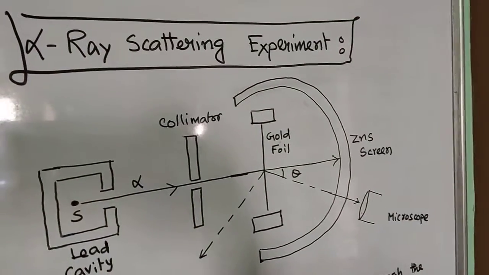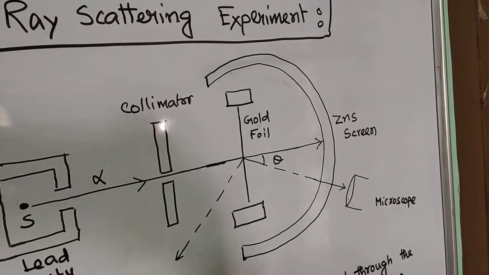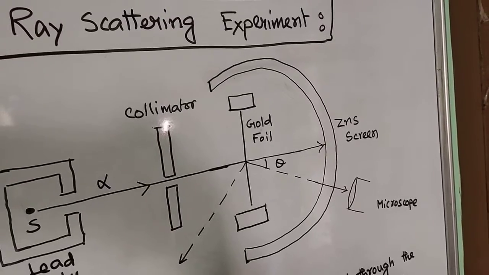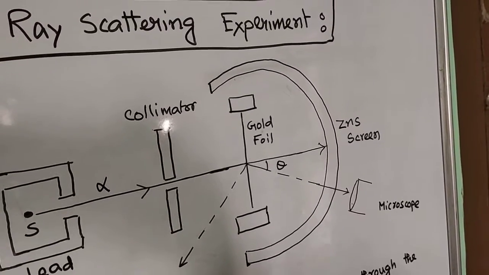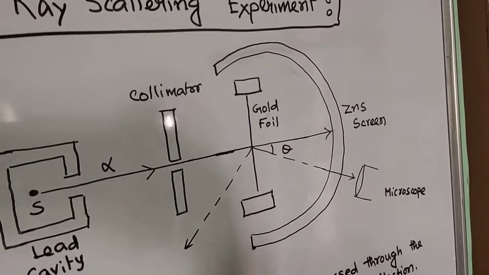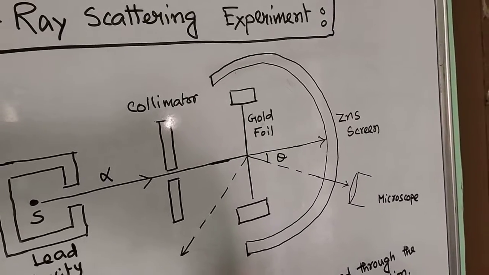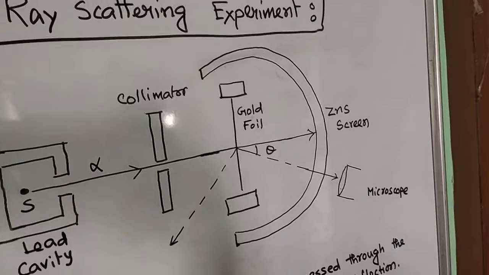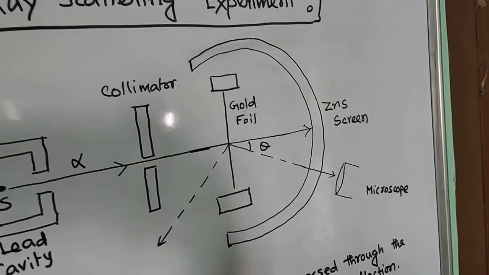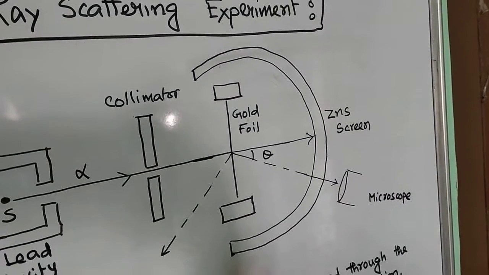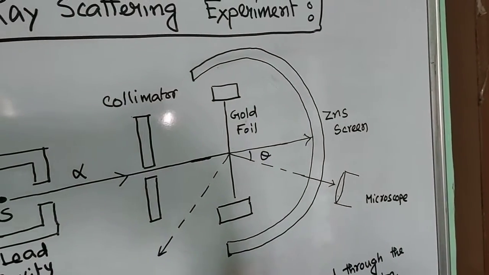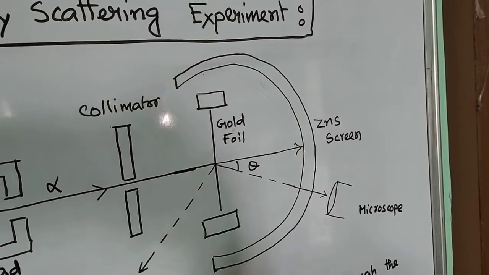Now after that there is a gold foil. Why have we chosen gold? Because in gold the thinnest possible layer is possible. And if we consider the thinnest possible layer, then you can consider it a layer of atoms. This is an approximation only. Practically a single layer of atoms is very tough, but for as much accuracy as possible we are considering gold foil, because in gold the thinnest possible layer is possible. If it is thinnest, then only a single layer of atoms will be there.